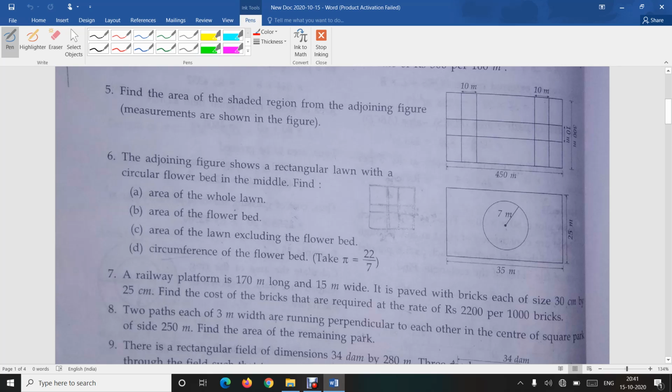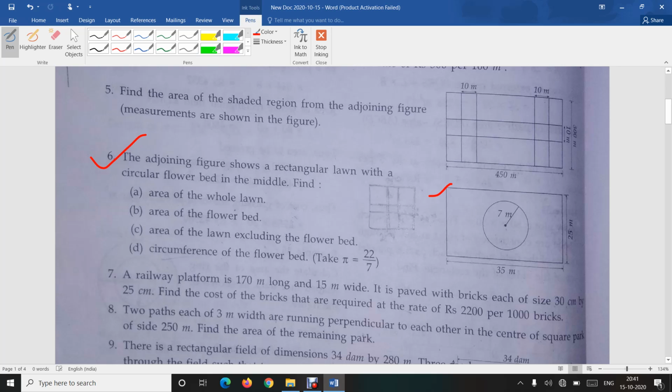This is your mathematics class and today we will continue the exercise 14.5. So let us start our today's class with the question number 6 of exercise 14.5. So the question number 6 is saying that the adjoining figure shows a rectangular lawn with a circular flower bed